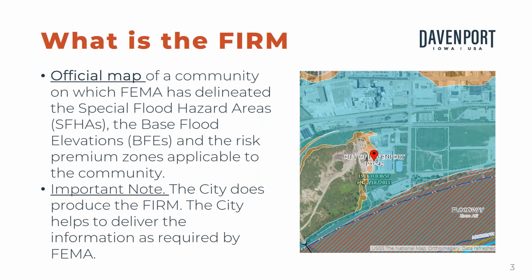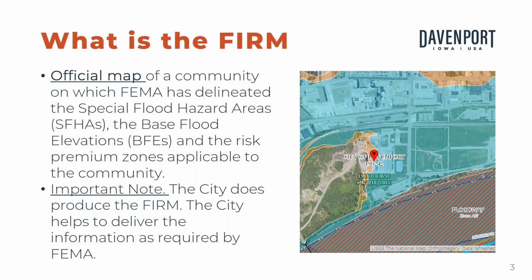Okay, so this is Laura. I wanted to start with just a general explanation of what is a FIRM. So FIRM stands for Flood Insurance Rate Maps. They are FEMA-produced maps that identify areas that have a greater risk to flooding. This does not mean the areas that aren't mapped will not flood, only that the mapped areas have a known